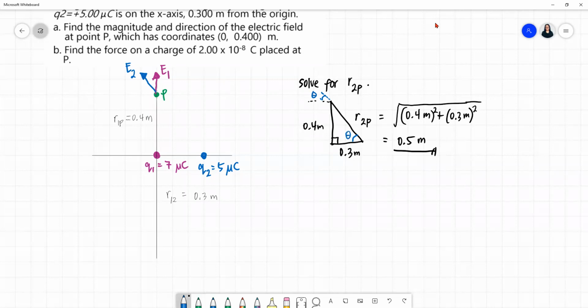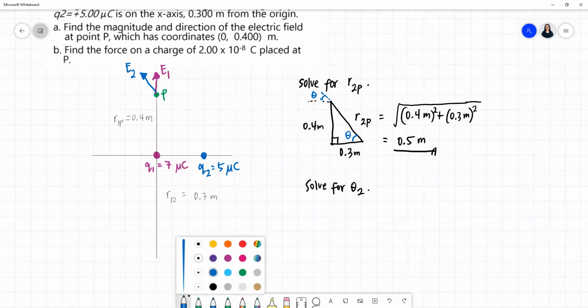Okay, so let's solve for theta. Let's label it as theta sub 2. So theta sub 2